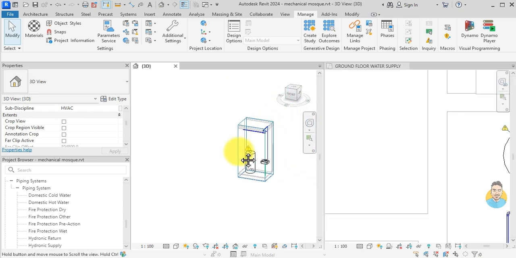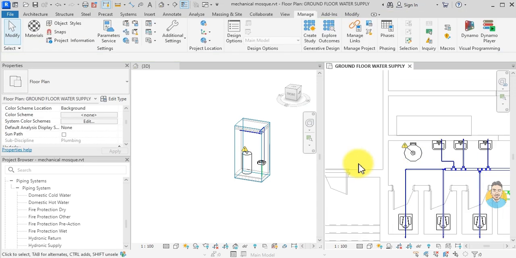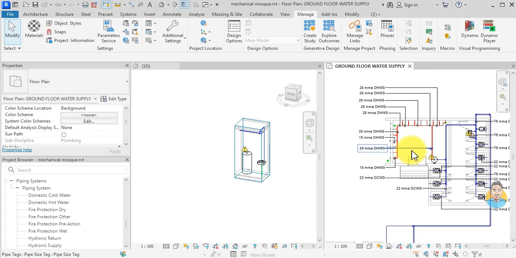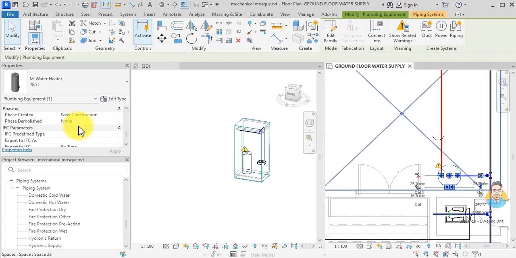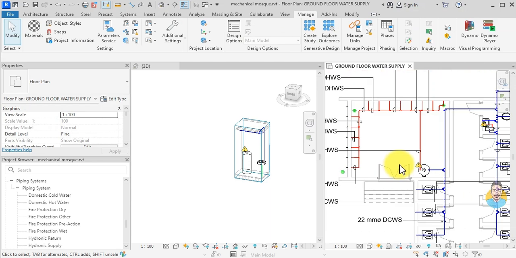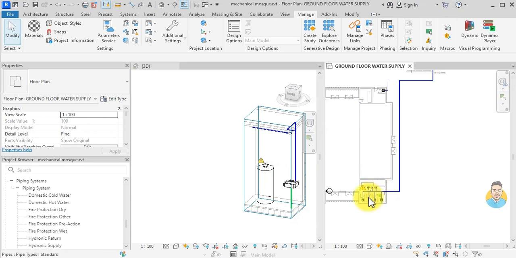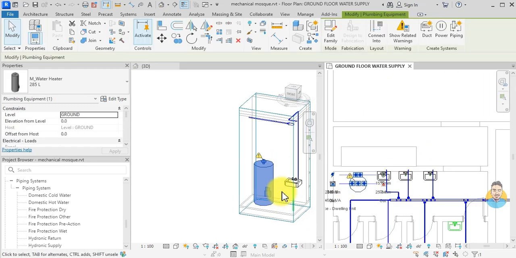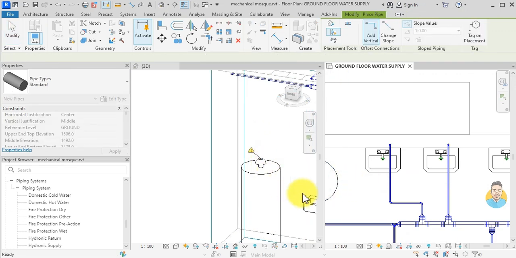I will see both of them. So I will just look at the other water heater and see its elevation. It's also on the floor, but so the pipes are from above. Yeah, it's from above,